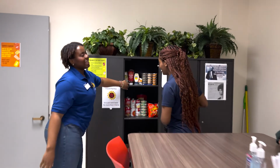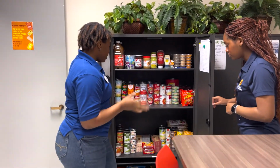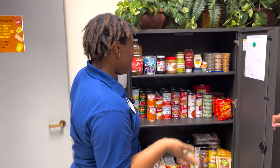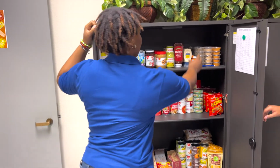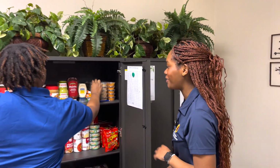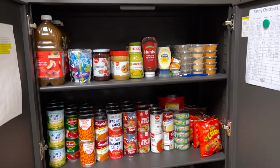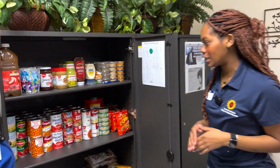And then we have our pantry, with a lot of resources for students who might need them, specifically our spices. A little seasoning in there, a new addition. Fan favorite actually. So some items if you need to cook things, some quicker things like Capri Suns or